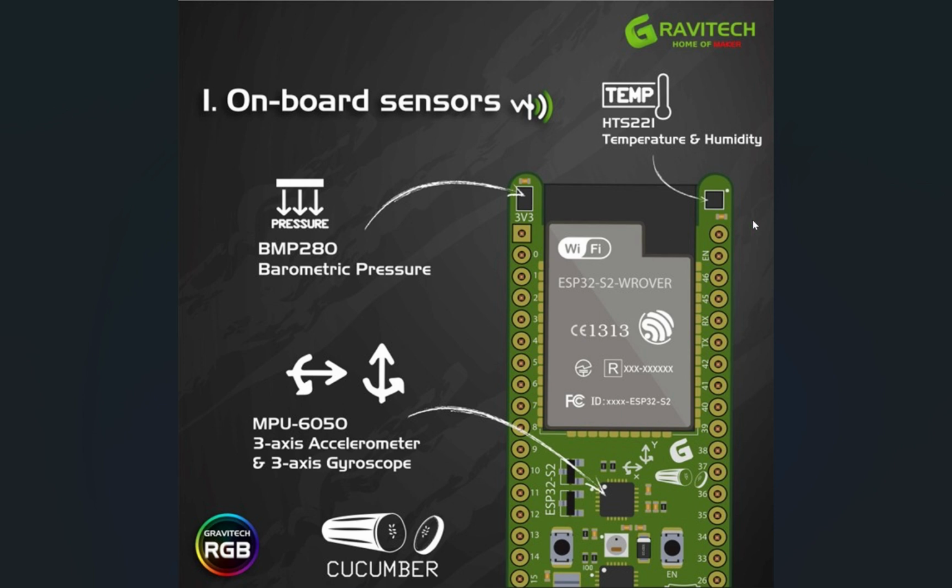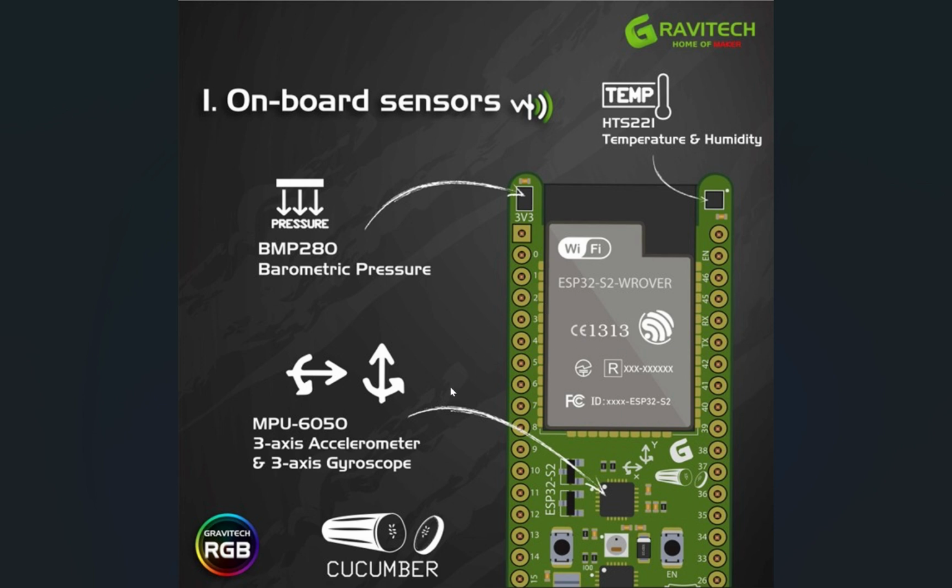Hi everyone, in this project I will be using ESP32 to read multiple I2C sensors and display the data on a web page over Wi-Fi. The board connects to Wi-Fi, gets the real time from an NTP server and continuously reads data from temperature, humidity, pressure and motion sensors like